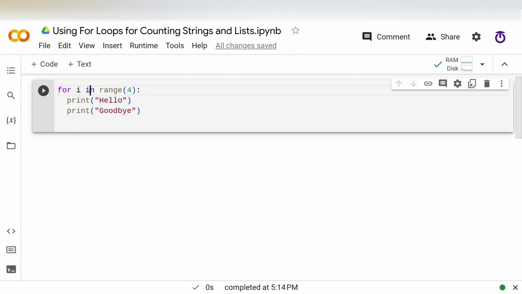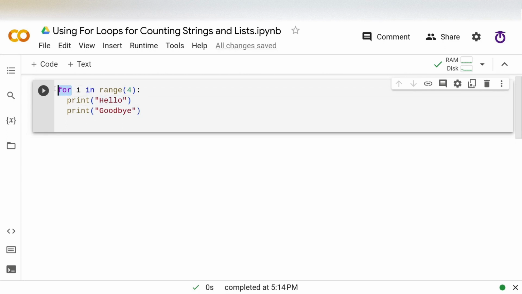So it says for i in range. i is a counter used within the for loop, and we'll come to that later. So in this code, we're not actually making use of this. It's actually a variable that holds the value that refers to the specific loop number that it's looping at that particular time. So yeah, for is a keyword and in is a keyword.